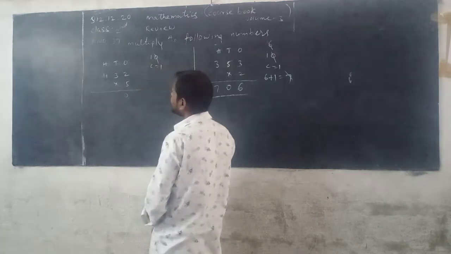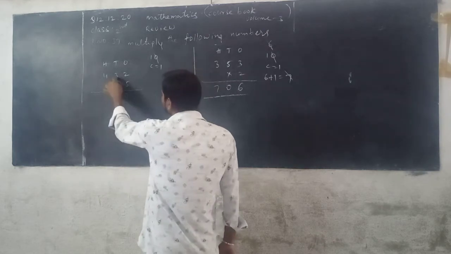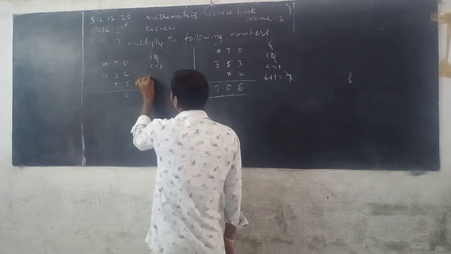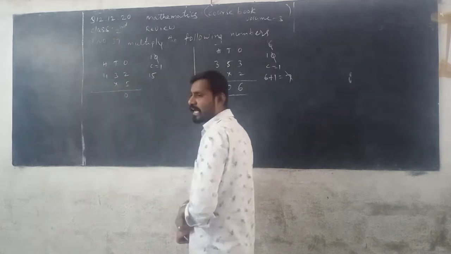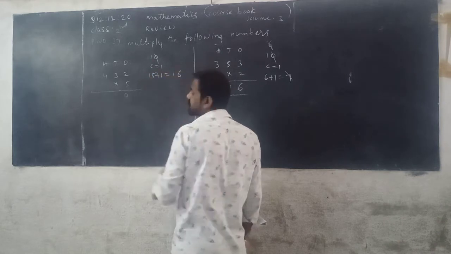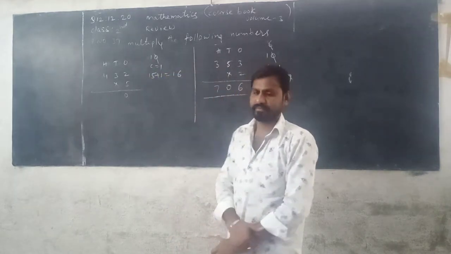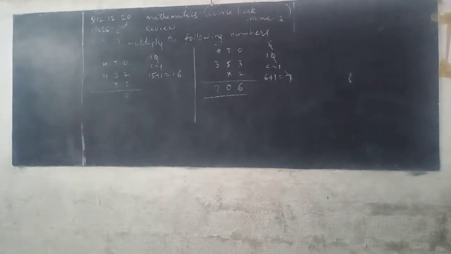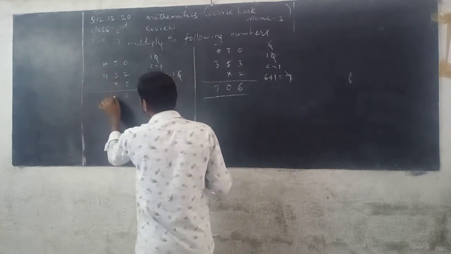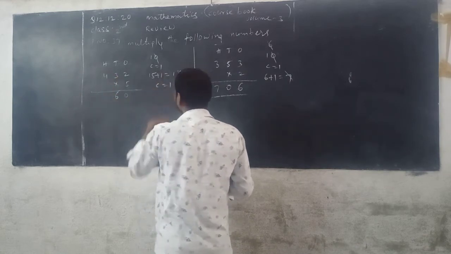Next we multiply the digit in the tens place. The number is 3. 3 multiplied with 5. Then you can read the 5 table. 5 threes are 15. So 1 is added to 15. 15 plus 1 you can get 16. In it 6 is written down in the tens column of the product and carrying 1.